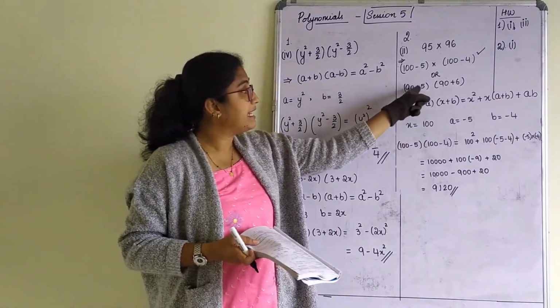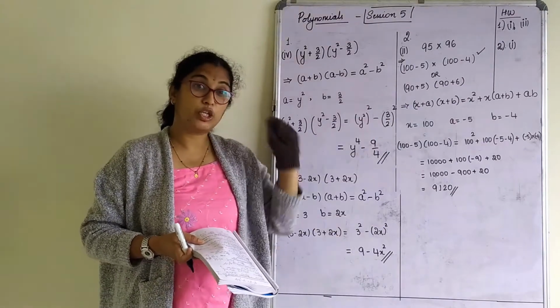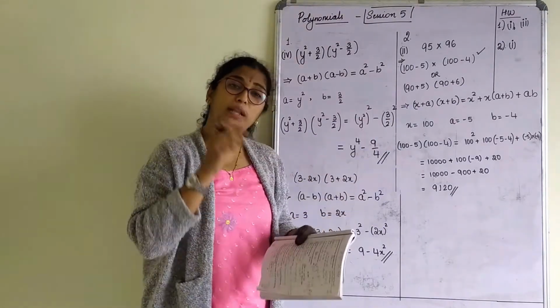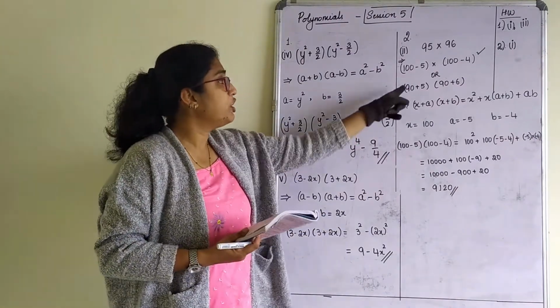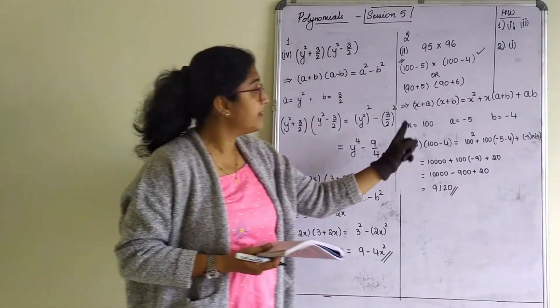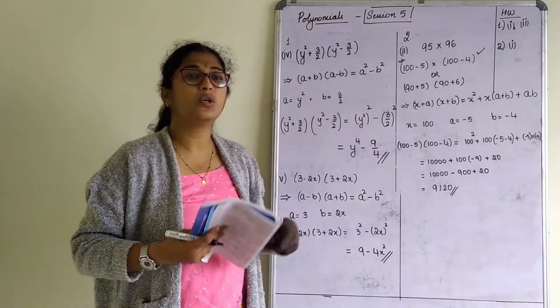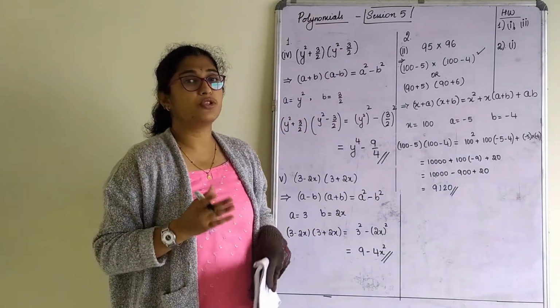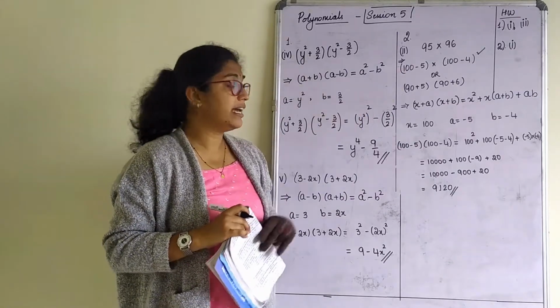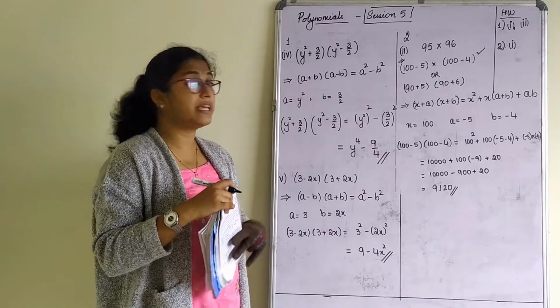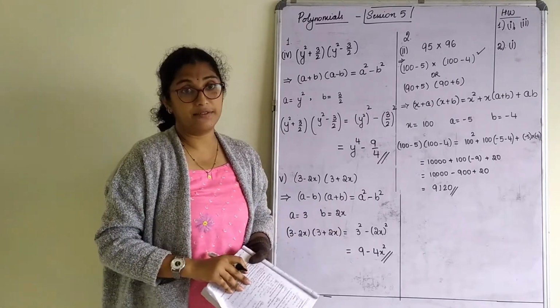You do it by 90 plus 5 and 90 plus 6, you will also get the same answer. But again there, 90 square is 8100. Now that 90 you have to multiply by minus 9 again. You will not get it in terms of zeros. That is why I have chosen this. Now is this very clear? Please make a note of this. We will solve another one.